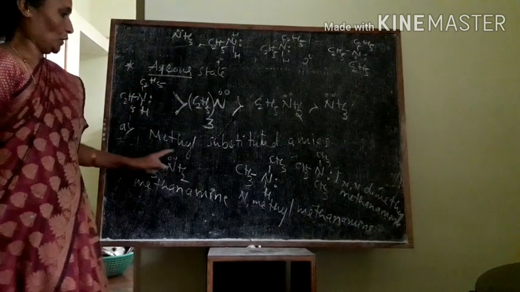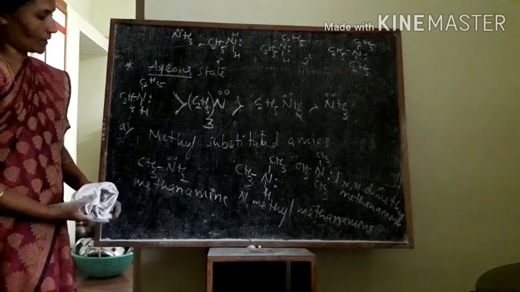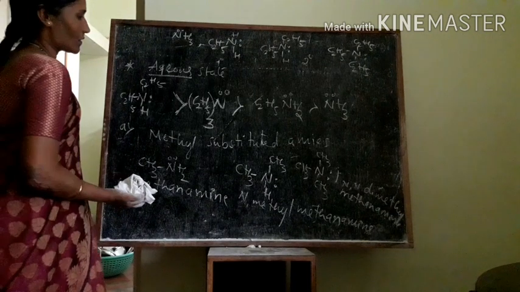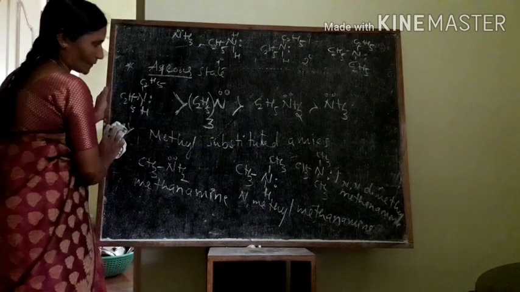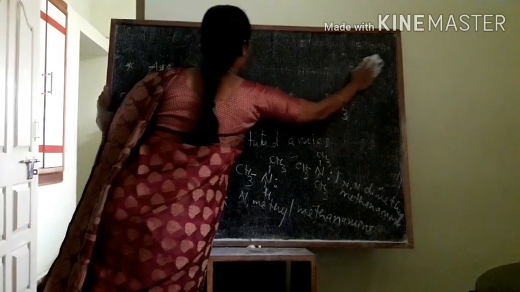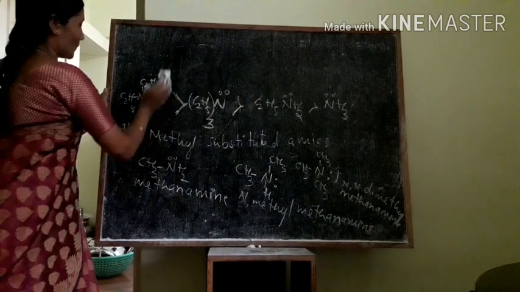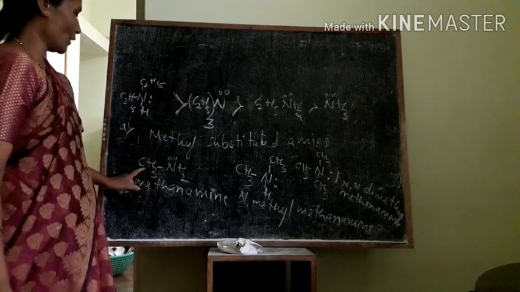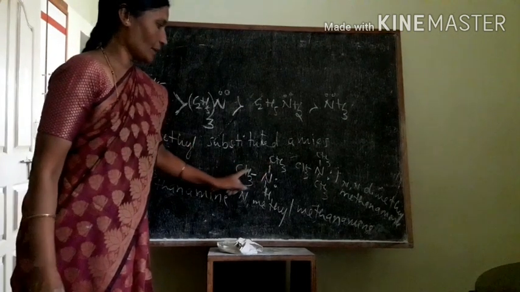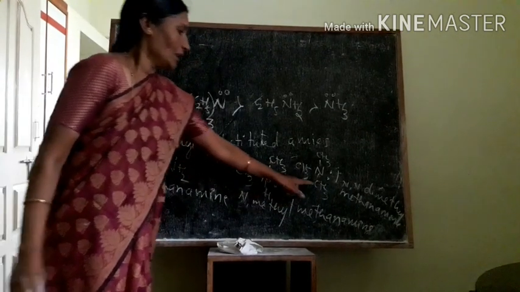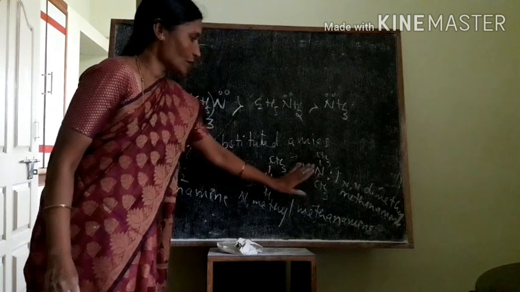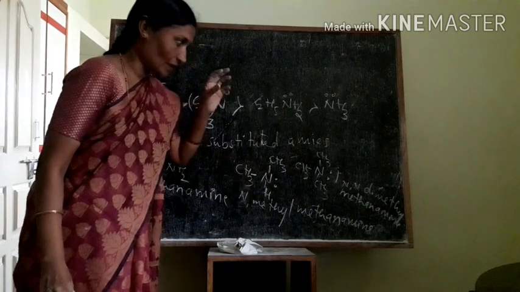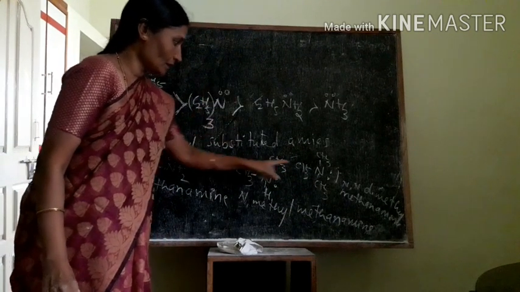These are methyl substituted amines. In these cases, what is the order of basicity? Definitely again you have to compare. That comparison is, this is primary, only one donor atom, secondary, two donor atoms, tertiary, three donor atoms. Definitely more donor atoms, you can say more basic character, but what we are preferring here, steric hindrance is